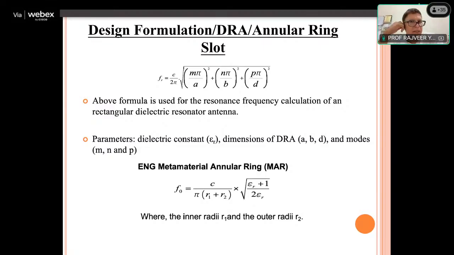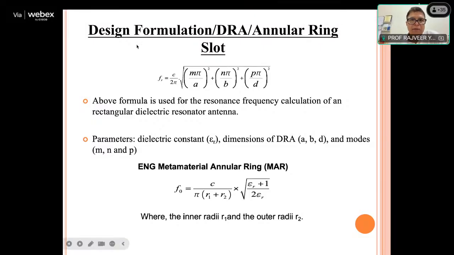Here I think there is some typing mistake. Epsilon r under root also must be there. So fr is equal to c upon 2 pi under root epsilon r, and then whole under root (m pi by a) whole square plus (n pi by b) whole square plus (p pi by d) whole